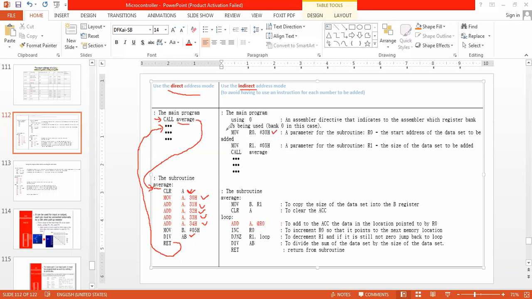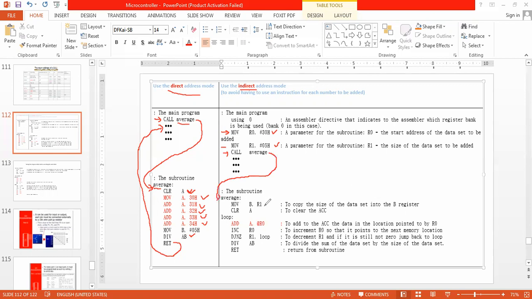First this instruction will be executed, then move R1 comma 05h. Some counter is being taken up here. Then call the average. It means from here we are jumping to this position.